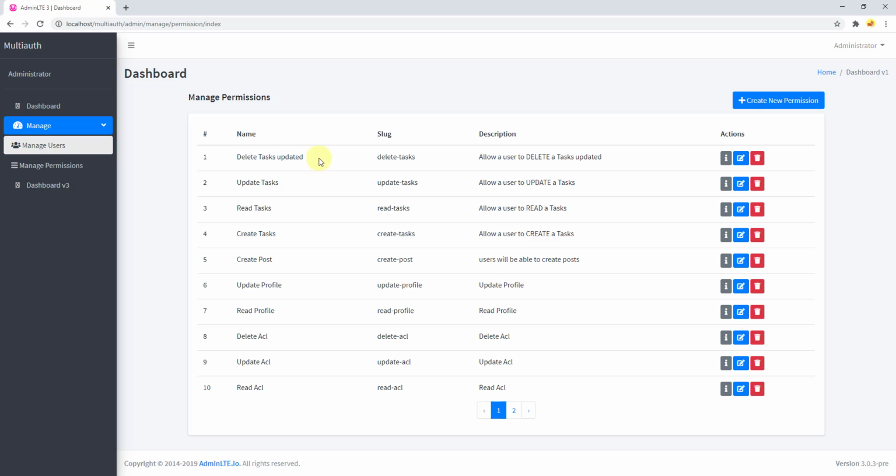So guys, I think our managing permissions is also finished, and the only thing that is left is this delete functionality. So we will work on this delete functionality and the users delete functionality also at the end of this tutorial, after finishing the roles management also. So I think guys, this is enough for this video,